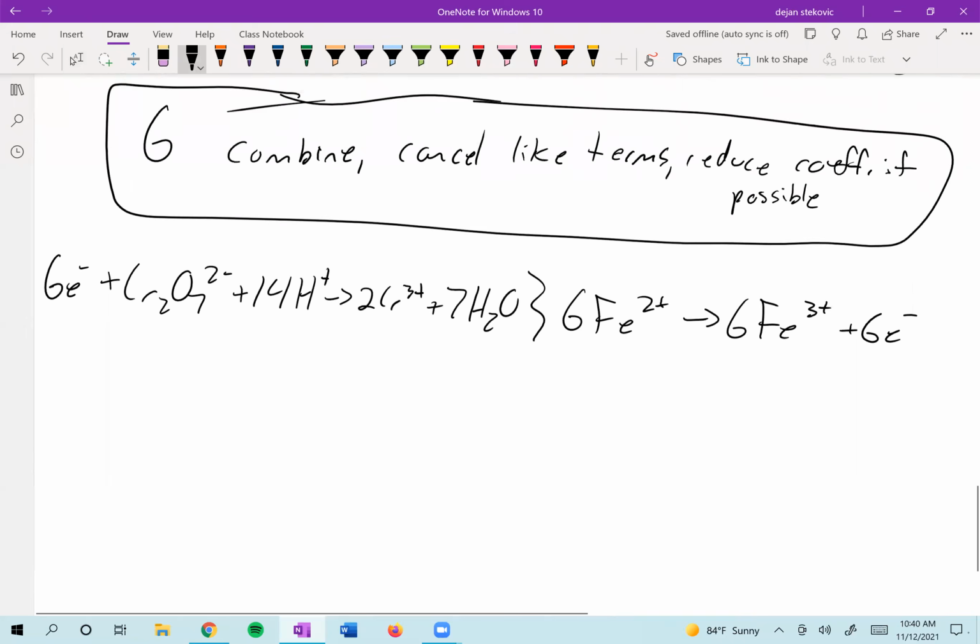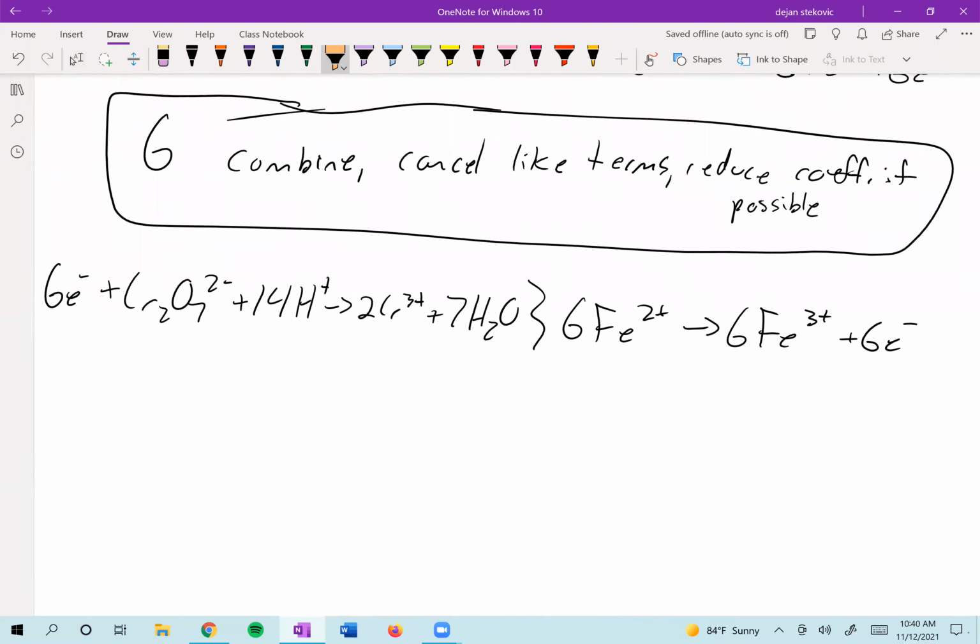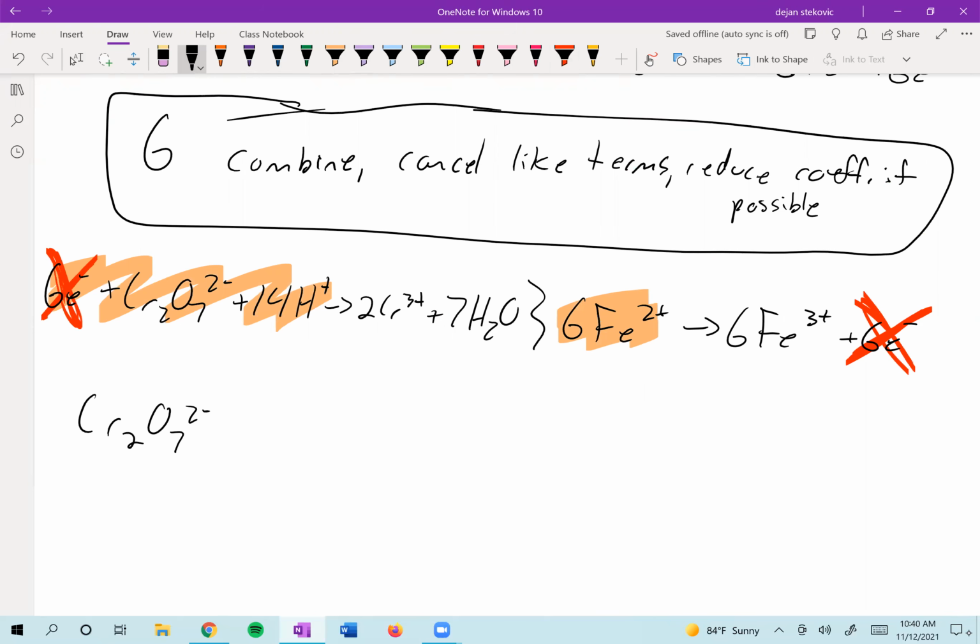When we combine the equations, you want to combine the reactant side to the reactant side and the product side to the product side. Over here we have the reactants, over here we have the reactants, so we want to add those. And your electrons should always cancel out, right? We have 6 electrons here, 6 electrons here, so we can cancel them out right away. So then we have this Cr2O7 2 minus plus 14 H plus